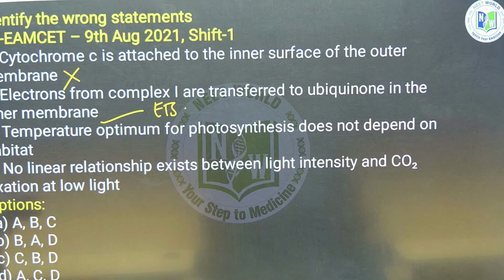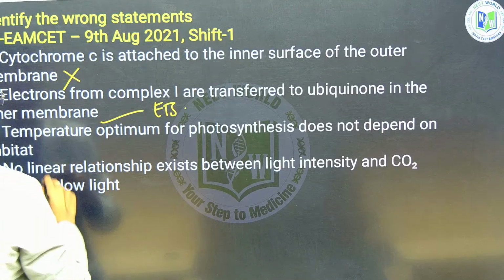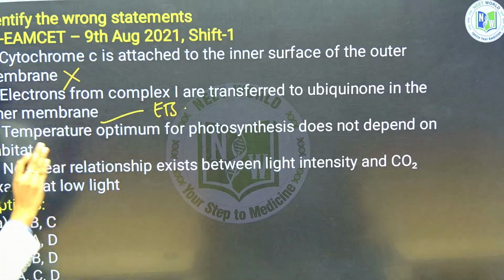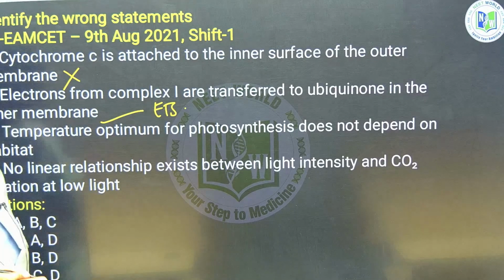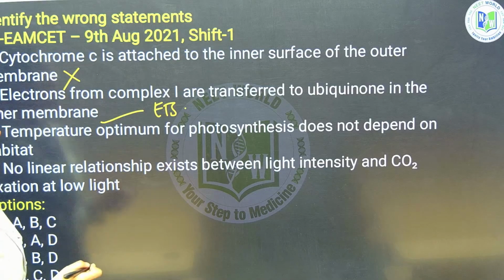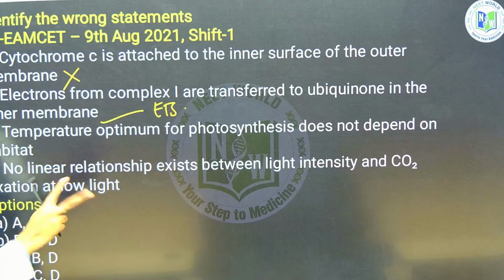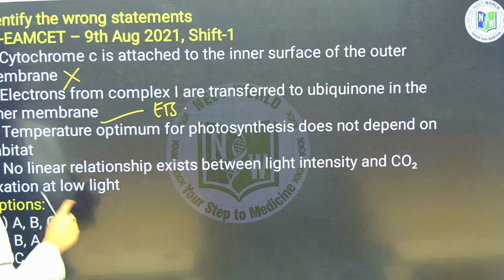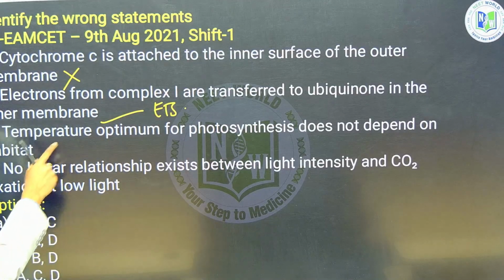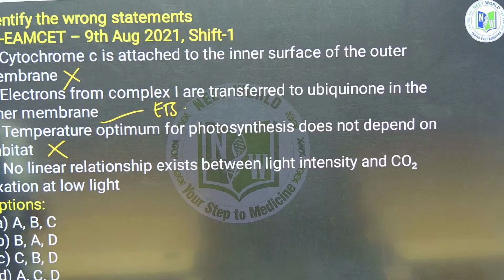Temperature optimum for photosynthesis does not depend on habitat. It depends on the habitat. Those which are growing in the temperate regions are temperate plants, mostly C3 plants. Those which grow in the tropical regions are tropical plants, which are C4 plants. Temperature optimum varies based on the habitat where the plant is residing in. So this is wrong again. And then